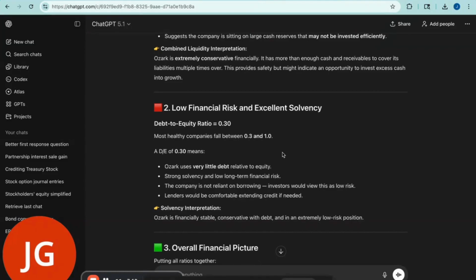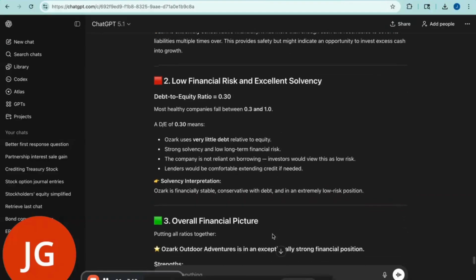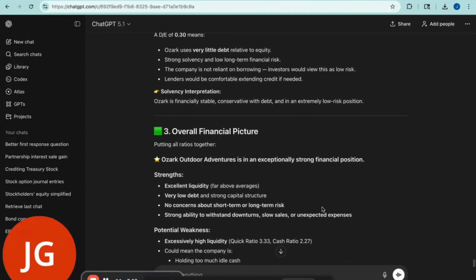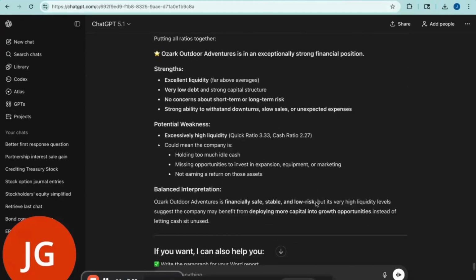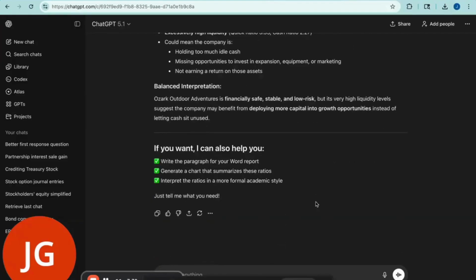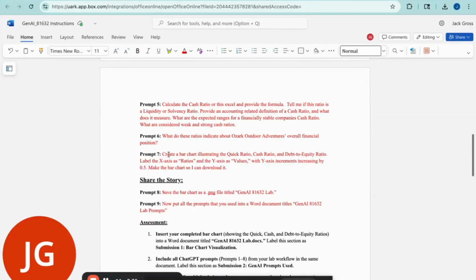Ozark uses a little more debt relative to equity, stronger solvency, low long-term financial risk. Ozark is financially stable, conservative. So the overall picture is, putting all the ratios together, Ozark is in an exceptionally strong financial position. Perfect. Now let's move on to our 7th prompt, which is create a bar chart illustrating the quick, cash, and